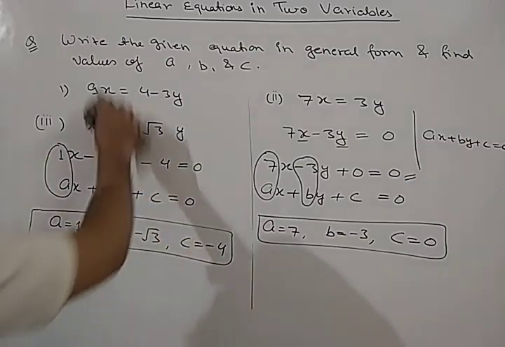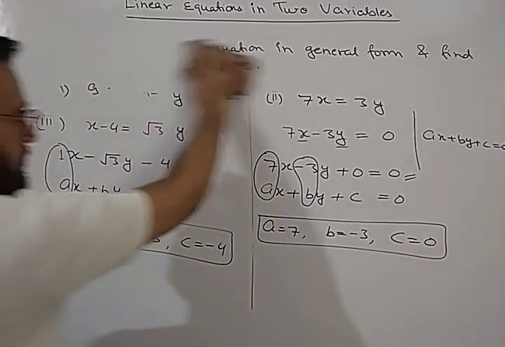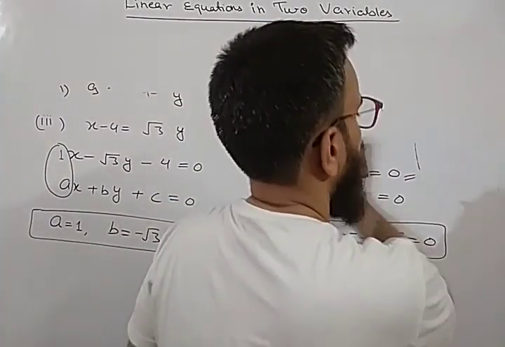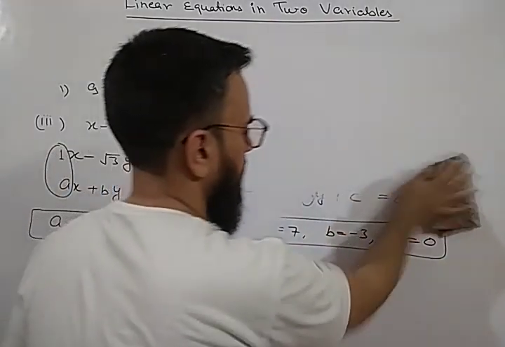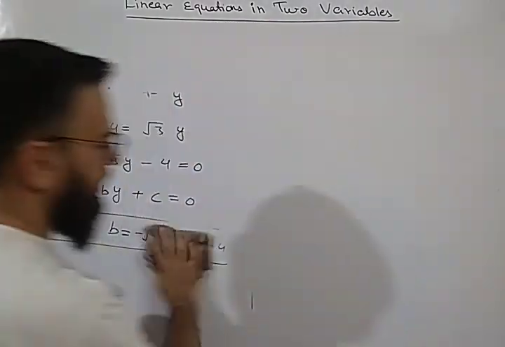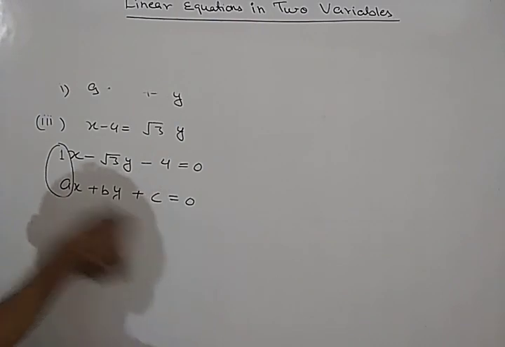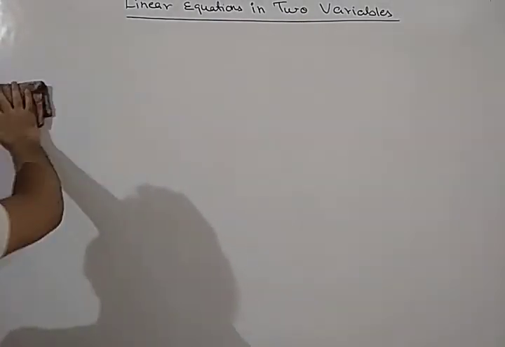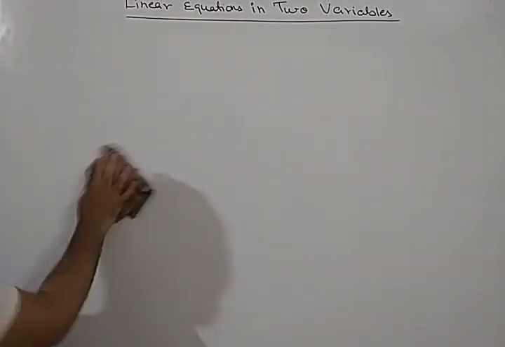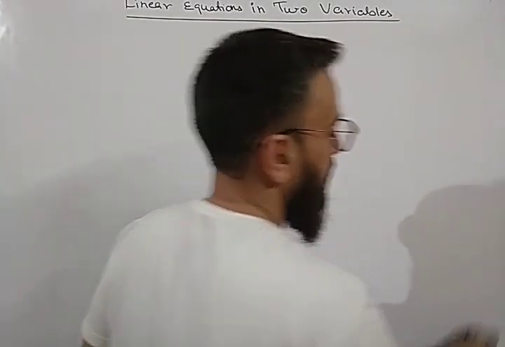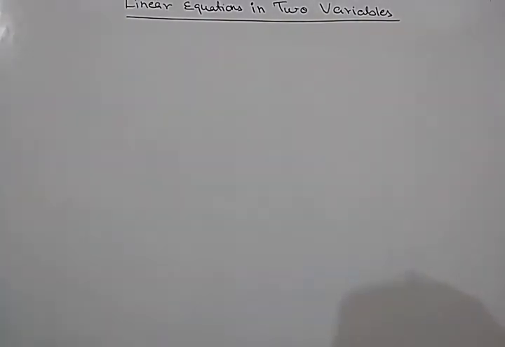Now coming to the second question. In all these three parts, both the variables were present. Variable x was there and variable y was also there. But now we are coming to the second question, in which you will be given only one variable, but you have to convert the equation into two variables. So the question is,